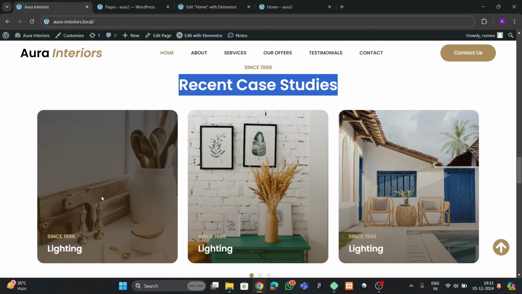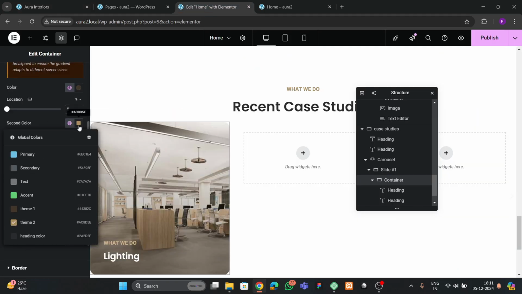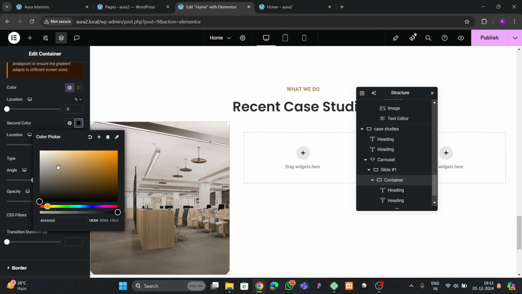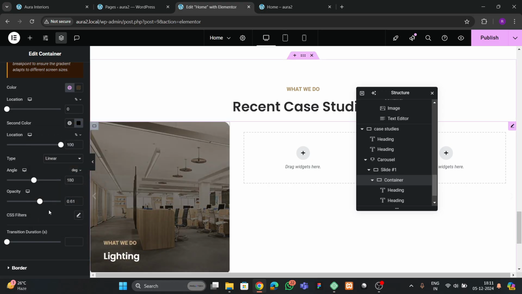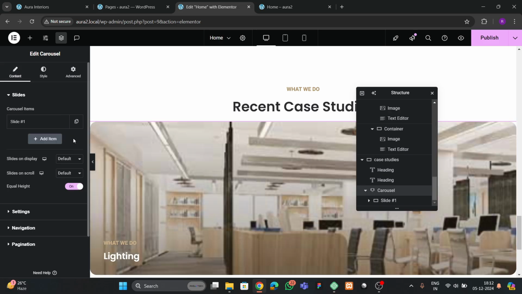Like this. So here I think we have this blackish one instead of this, so let me make this completely black. Okay, so this is almost looking similar. So now what we can do, we can go to this slide carousel, and here we can duplicate this slide